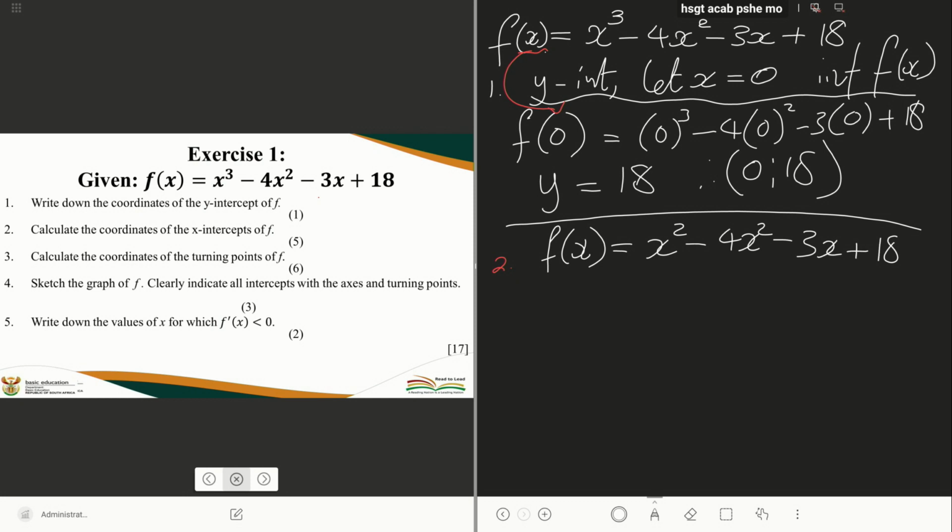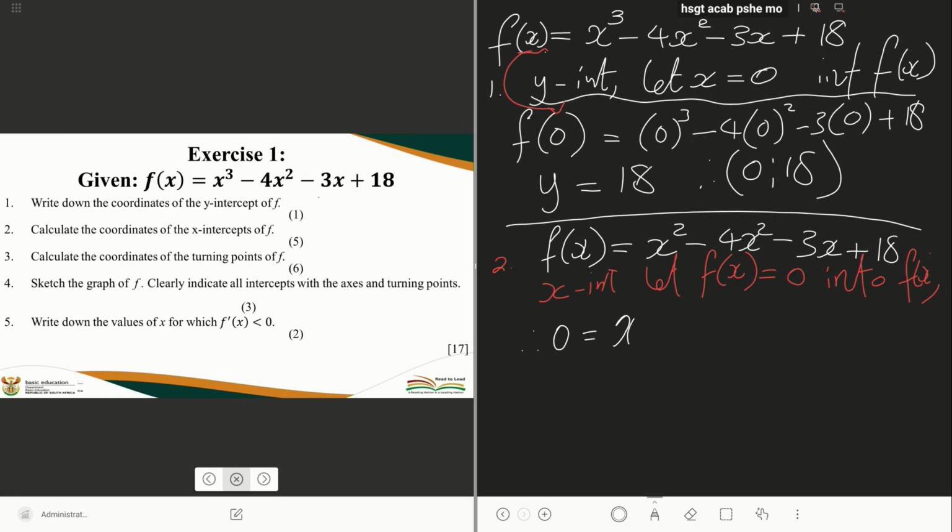So how do we get this? If you're looking for the x-intercept, we let f of x, or y, equal to 0 in the same f of x function. So it's going to be 0 is equal to